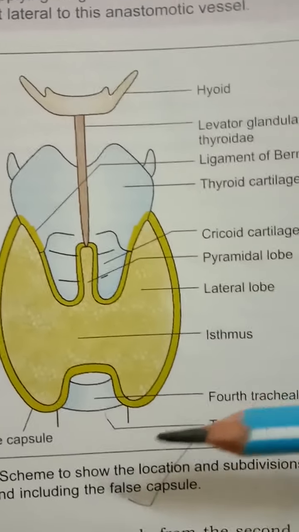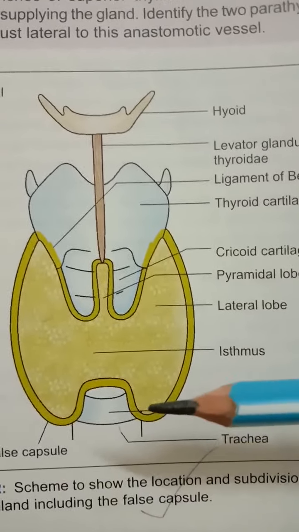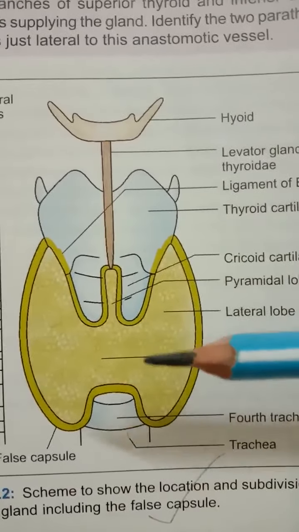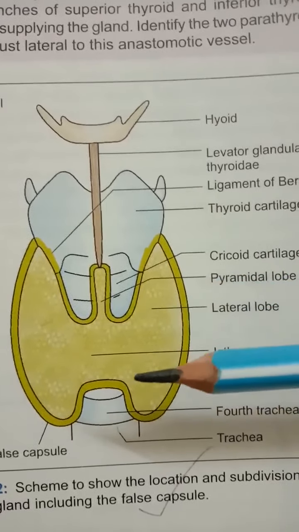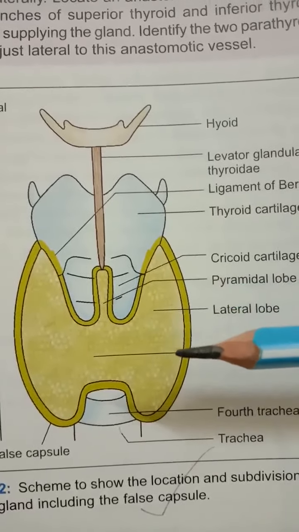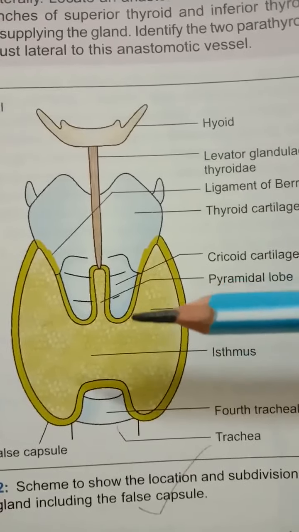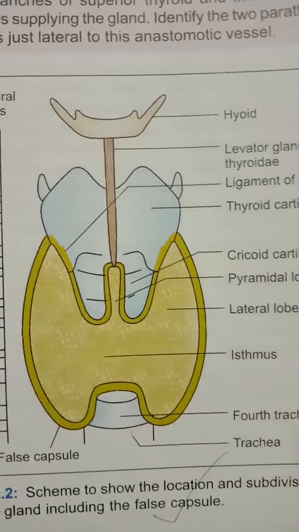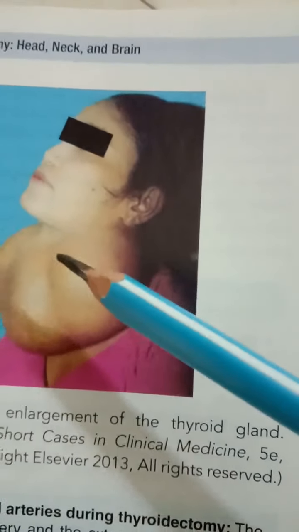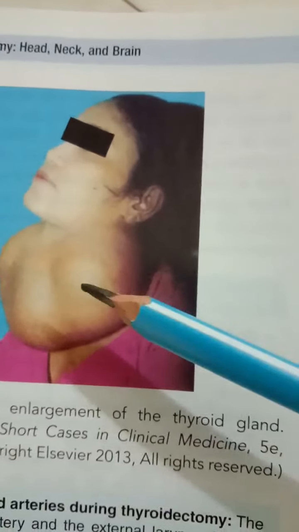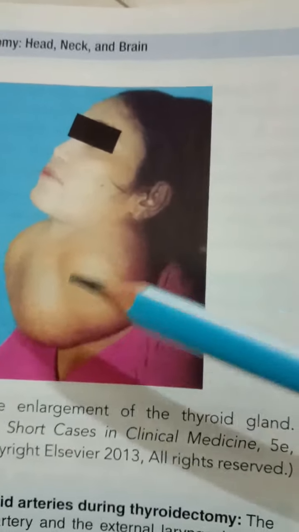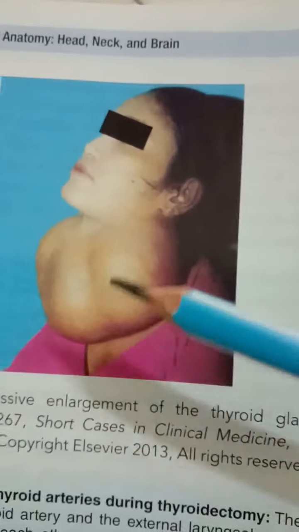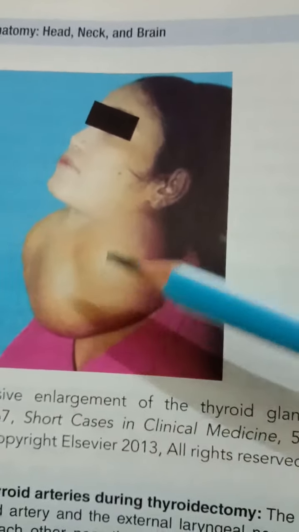And hyperthyroidism, also called thyrotoxicosis, occurs due to excess secretion of T3 and T4. Clinically it presents with tachycardia, tremors and systolic bruit. The main effect is due to an increased BMR. During thyroidectomy, the superior thyroid artery is ligated near the gland to save the external laryngeal nerve, and the inferior thyroid artery is ligated away from the gland to save the recurrent laryngeal nerve.